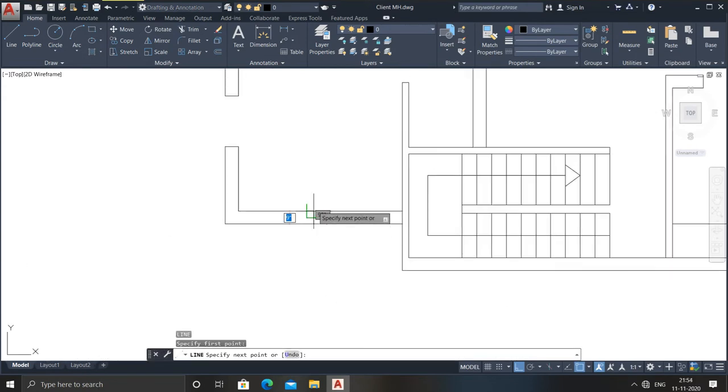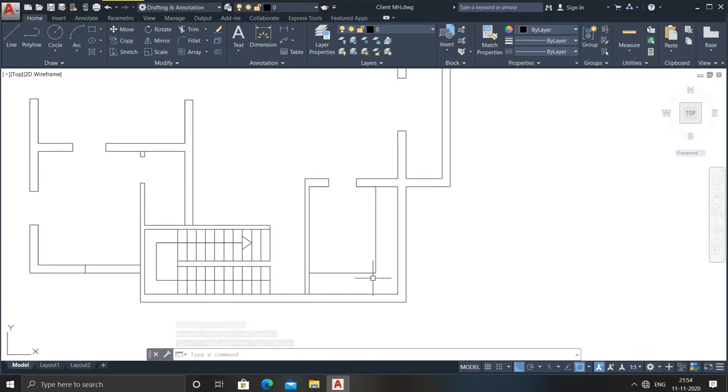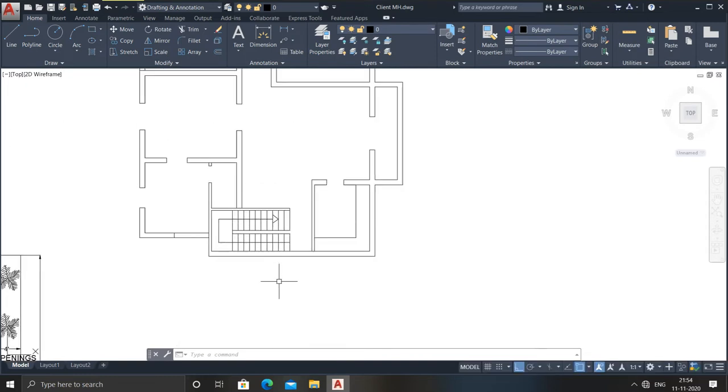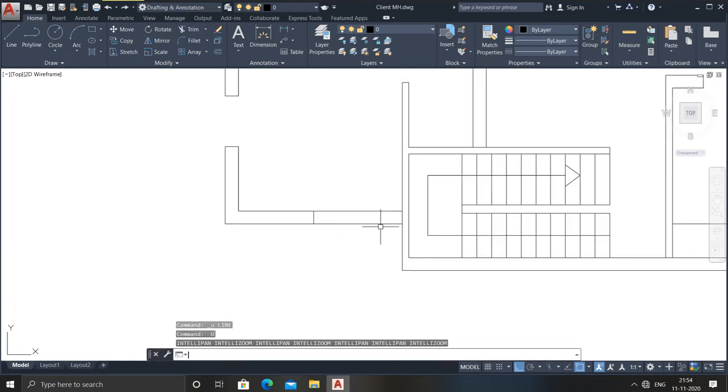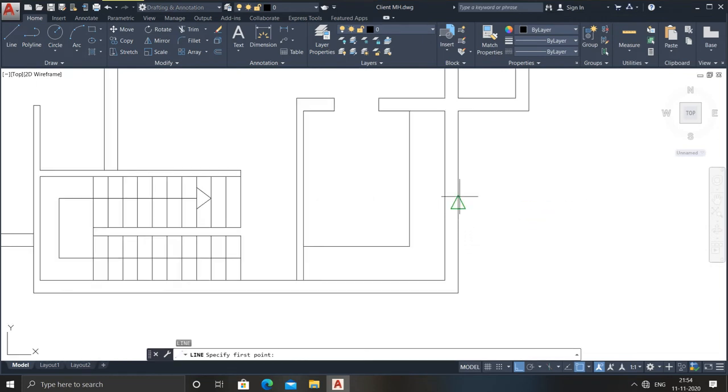But here you can provide a window also. So in the middle only you can provide. So the line I have drawn here. Anywhere I can't provide a window, because somebody else's room or house will be there. That's why I have left some spaces over here. Go for line command. Search the center line. Sorry, center line.